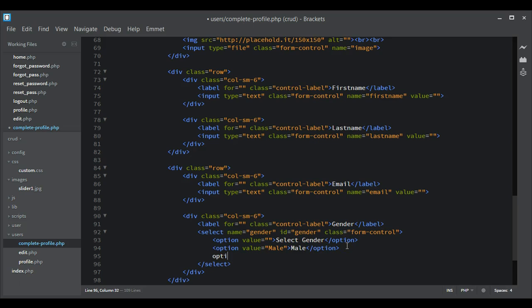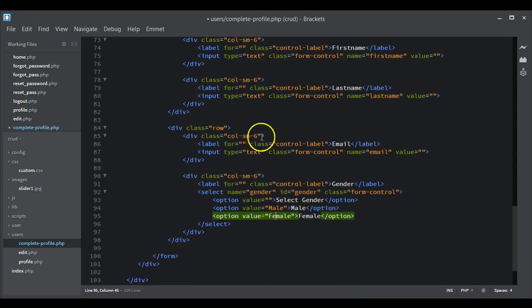So we give this a value of male. Then for this, we say option female, and what we have here, female. So this is the value that will be sent to the database. So we have the email input and the select tag for gender. Now the next one we need to add is a text area. So div